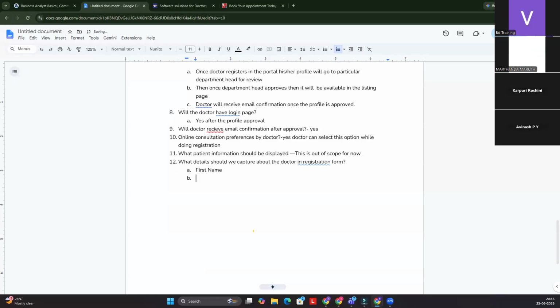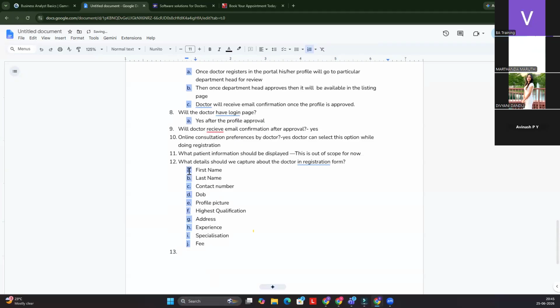First name, last name, contact number, date of birth, profile picture, highest qualification, address, then experience, specialization, and what fee they want to charge. These are the kinds of details the doctor should provide when registering into